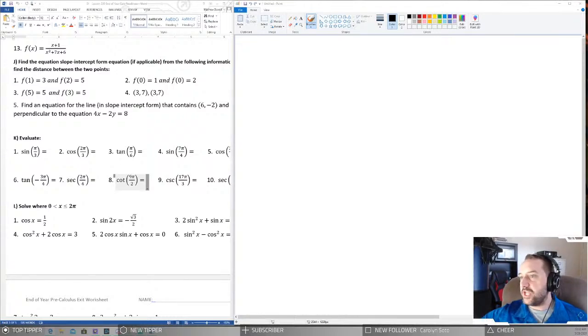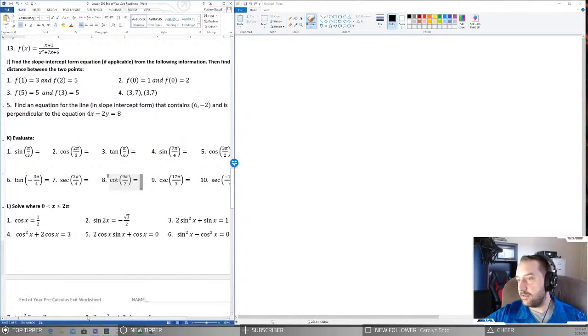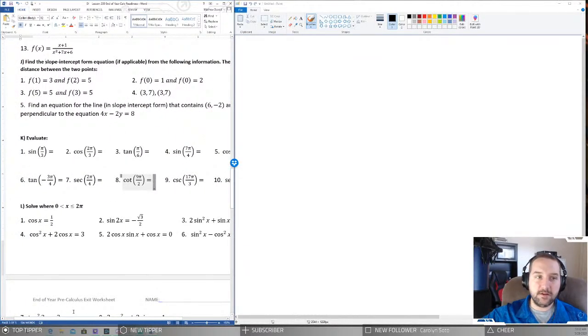So for J, it says find the equation. Find the equation slope-intercept form. Maybe it's just find the slope-intercept form equation of the following information. So there's a typo in there. Let's fix that. Boom. So find the slope-intercept form equation from the following information. Then find the distance between the 2 points. Okay? So on number 1,